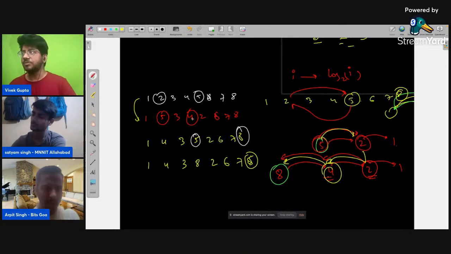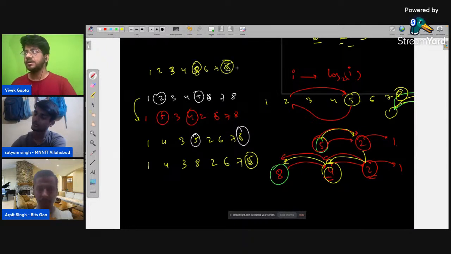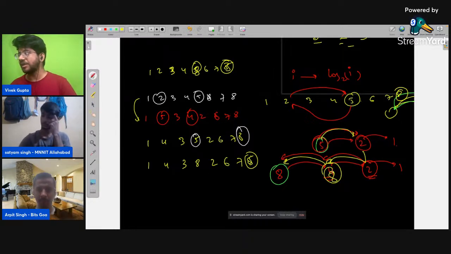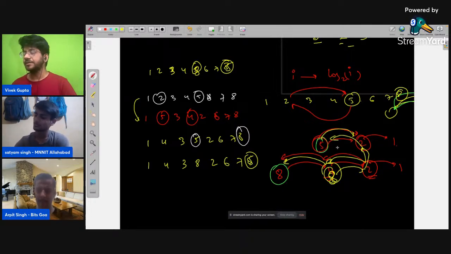But there is a problem. We wanted only 5 and 8 getting swapped. But right now 8 is at 4. So 8 kind of came over here. We have to bring 8 back to 5 again. How can we do that? We can swap 8 and 4 again, back again.